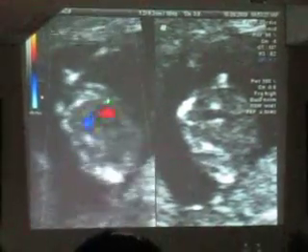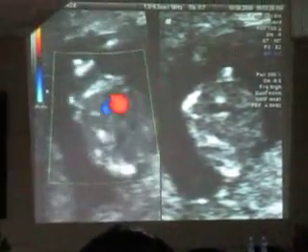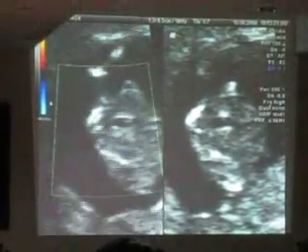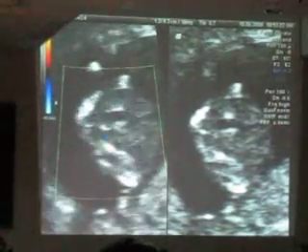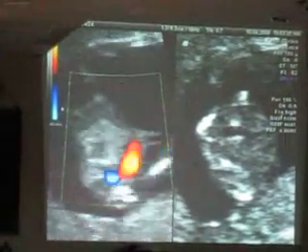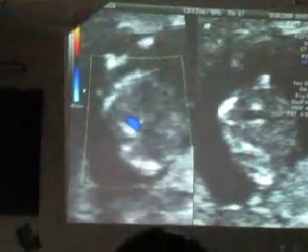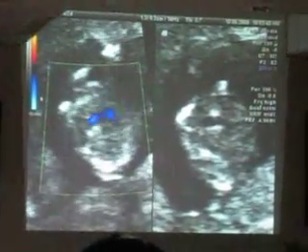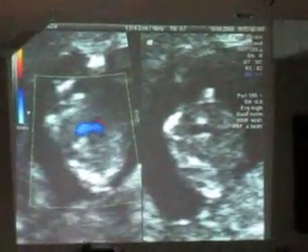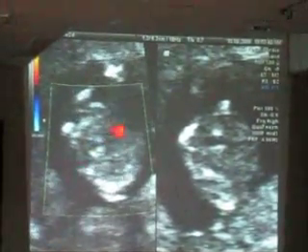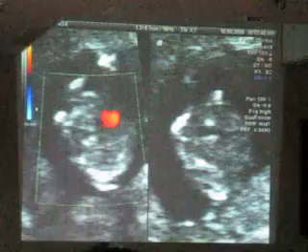So the heart apex is pointing towards the left side, the stomach is on the left side, so it's like that. See how much information we got. We got information about the head, about the situs, about all the 4 limbs. We found the stomach was all right, so the baby is swallowing well. And the baby's kidneys have started functioning, and there is urine inside the bladder. Now, what is left out is spine and face.